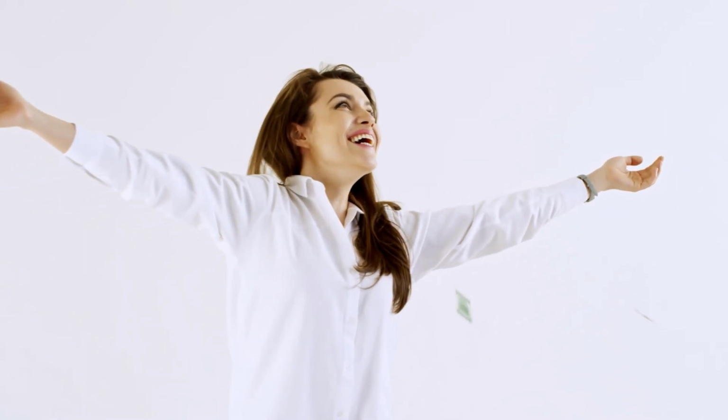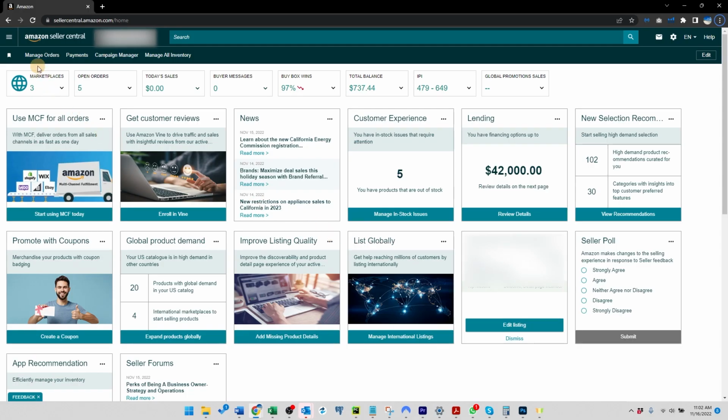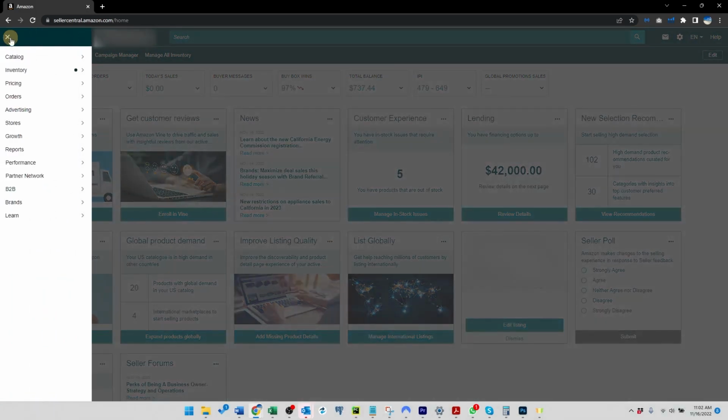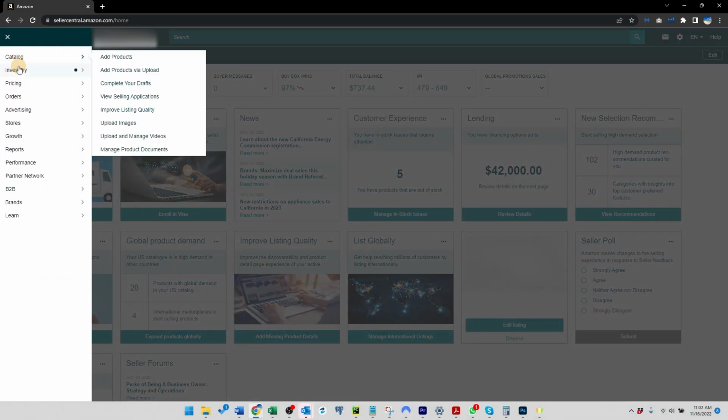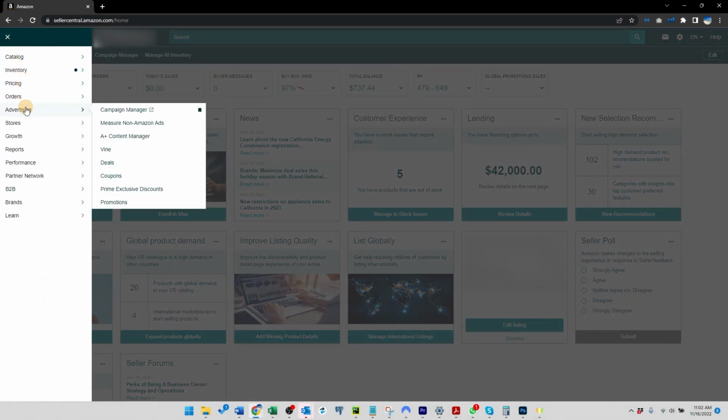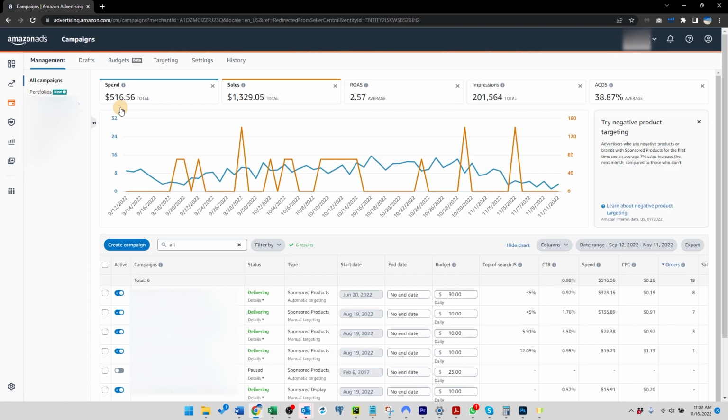So let's get started. The first thing you want to do is log into your Amazon Seller Central dashboard and then click on the hamburger menu option in the top left. Then select Campaign Manager under the Advertising submenu. Next, we're going to select the desired campaign portfolio if you have portfolios set up, and if you don't, you